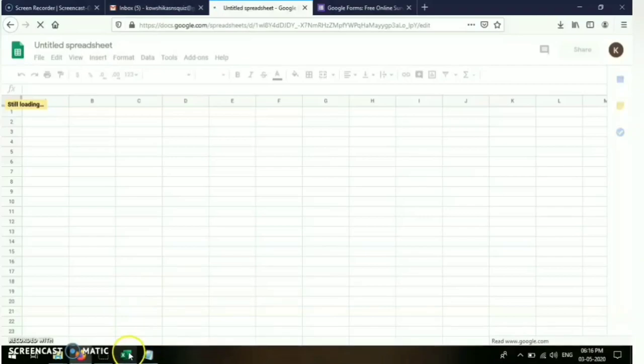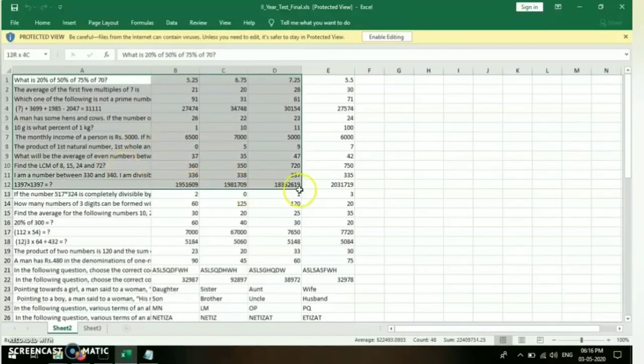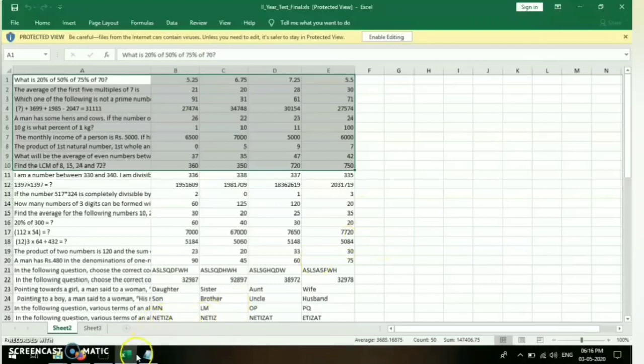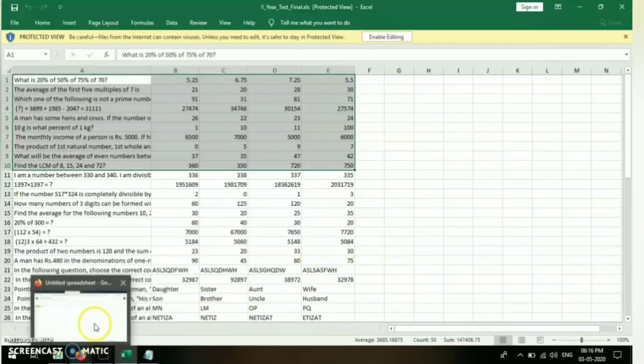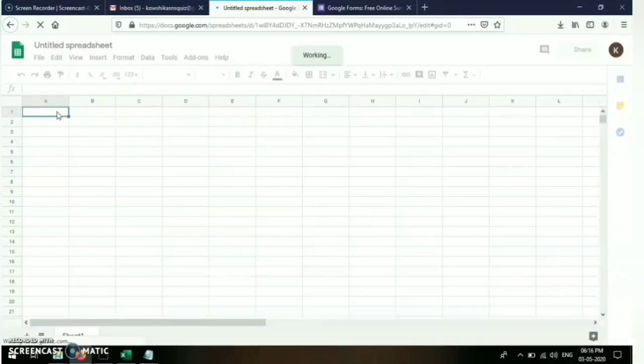So in Excel I have the question bank. I'm just copying a few questions along with the options and pasting them in my Google spreadsheet.